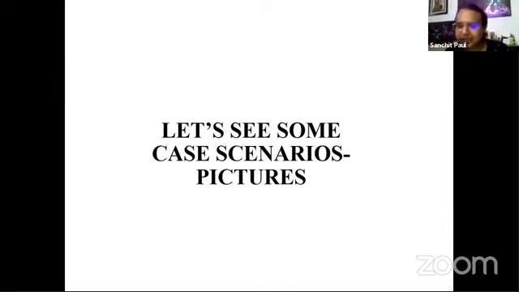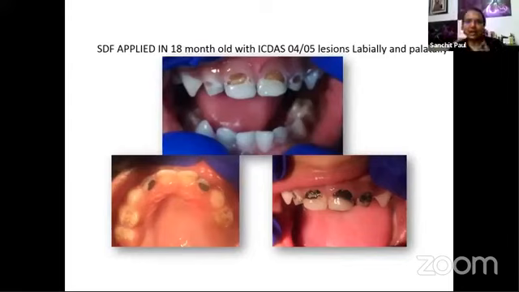Let's quickly see some cases to highlight how it works. So see, these are 18-month, 20-month children, and as you can see, even the second primary molars have not erupted yet. Now, those young children where we have seen the lesion, doing nothing is the biggest crime we can do. I can safely say that. And doing too much is also too invasive for the children because they are too young to be put under GA. Now, as we can see, the lesions are ICDAS 04 or 05, which is not involving the pulp.